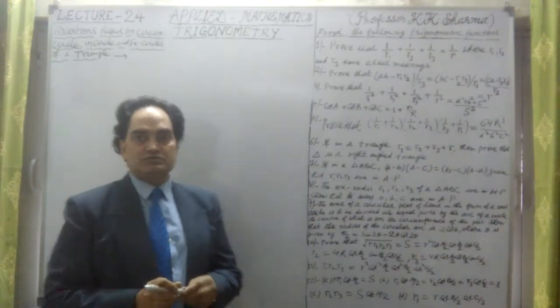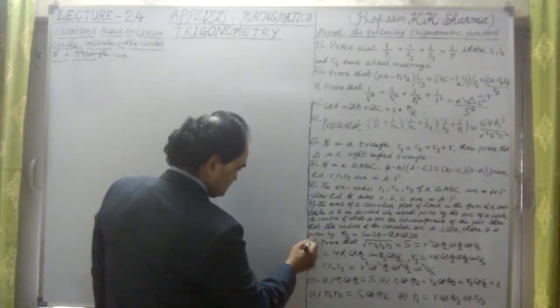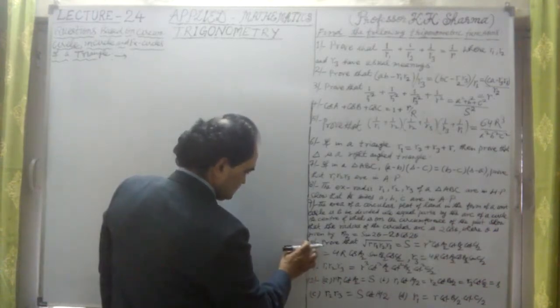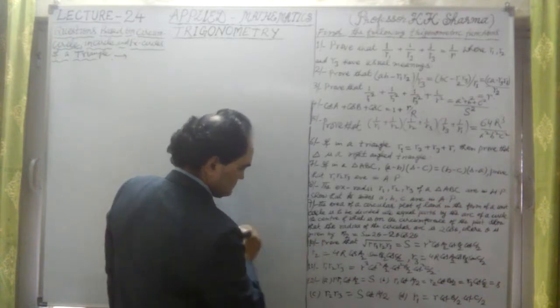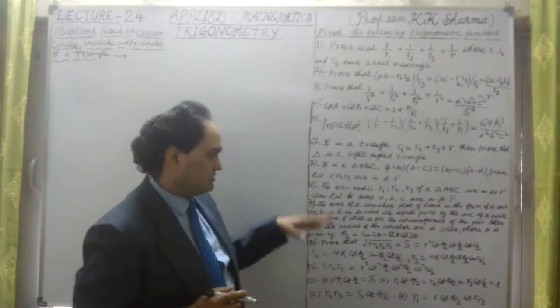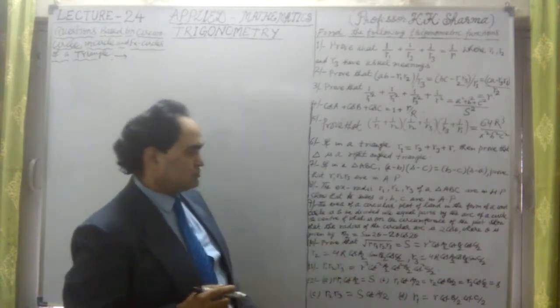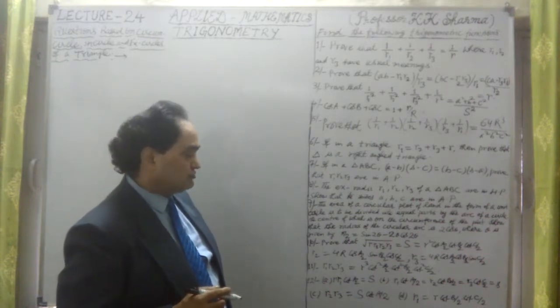Yes, guys. So question number 10 we are doing here. Now question number 10, what does it say? Let me take it. This is the 10th question. Now question 10 says, prove that, after the 9th question, we have completed the 9th. Now 10th question, prove that the square root of r into r1, r2, r3 is equal